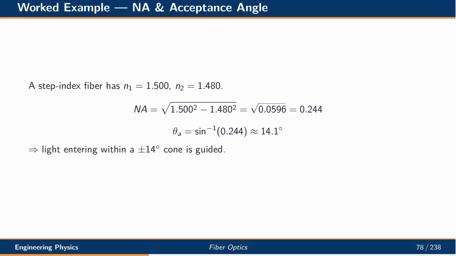Consider a step index fiber with core index 1.5 and cladding index 1.48. The numerical aperture works out to about 0.244. The corresponding acceptance angle is roughly 14 degrees. This means only light entering the fiber within a 14-degree cone will be guided. Light outside this cone simply leaks into